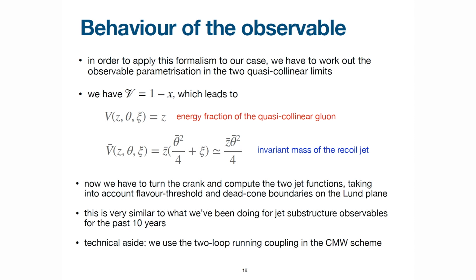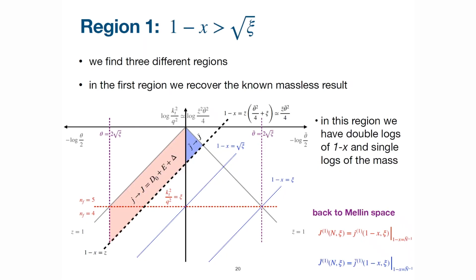Once you establish this, you turn the crank and compute the areas that correspond to the pseudo-coefficient factor. These calculations, at least for me, are quite natural because they're the same calculation that you do in jet substructure. If you want to reach next-to-next-to-leading log resummation, this picture needs to be modified a little bit. You need the full splitting function, you need alpha S at 2 loops, you need the 2-loop cusp anomalous dimension. These are all technical ingredients that you need to put in. So what you find is that there are actually different regions, and the different regions depend on the relative size of the observable, 1 minus x, and the square root of psi, so M over Q.